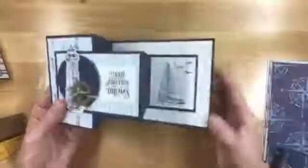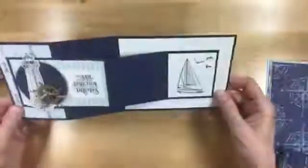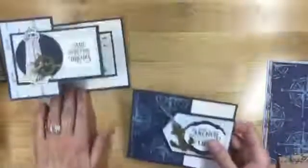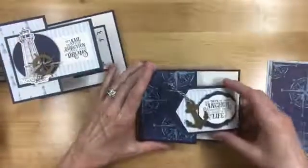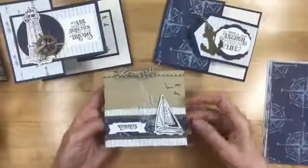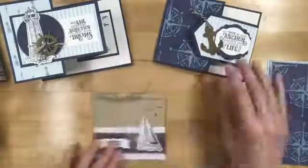It includes 5 projects that I had so much fun making. So it actually includes 3 cards that are fun fold cards. This one is a double easel card, and it has the lighthouse on it, and then inside a sailboat that you can stamp. And then this one is like a trifold card. That was a lot of fun. And then this one is a gift card holder, and you can place your gift card inside the pocket. But it also has